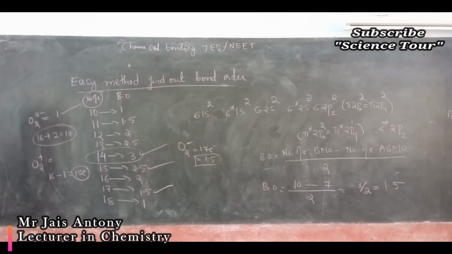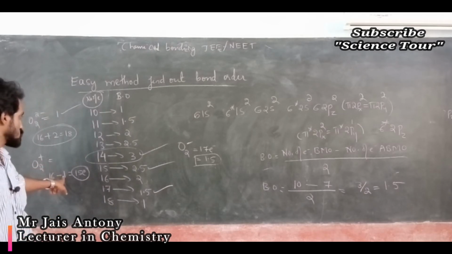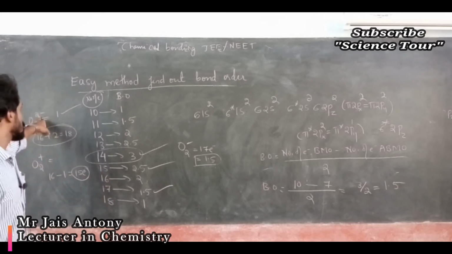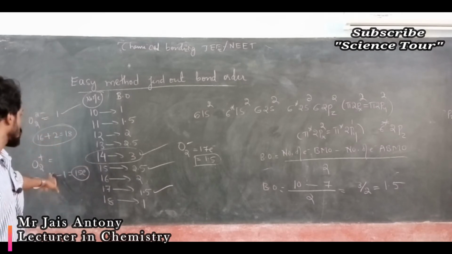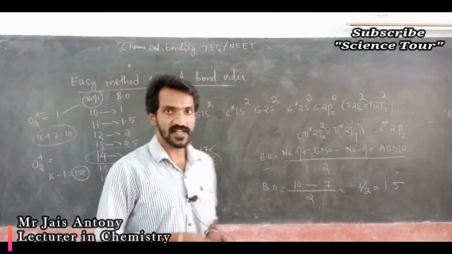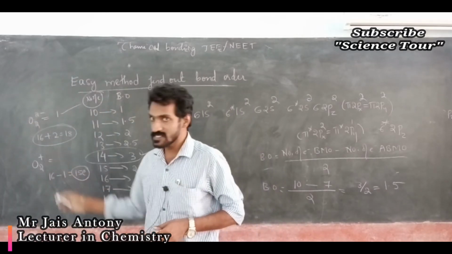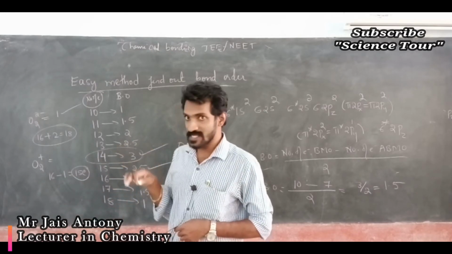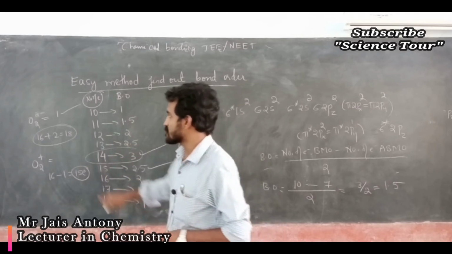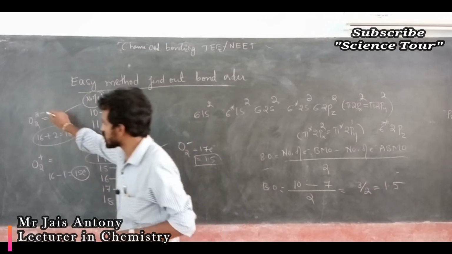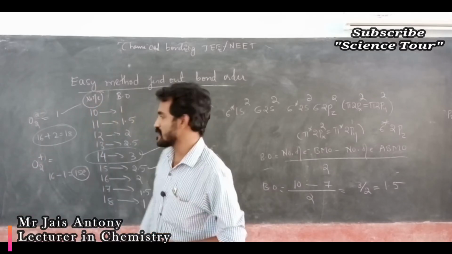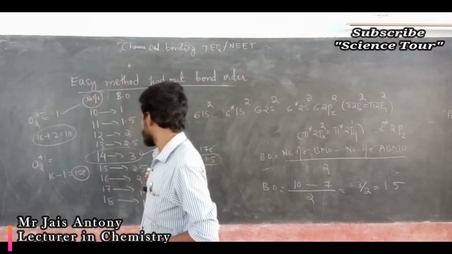15 electron, 2.5. Here plus is there, you have to minus 1. Here minus is there, you have to add that one. Understood? That you have to remember. Here minus 2 is there, means plus 2 electron. Here plus 1 is there, minus 1 electron. Understood? 16 minus 1, 15 electron. That you remember. Plus charge is there, you have to minus that one. Minus charge is there, means you have to add that one. That means here 2 extra electron is there. Here 1 electron it lost. That is the meaning. So 15 electron means immediately you can write 2.5.